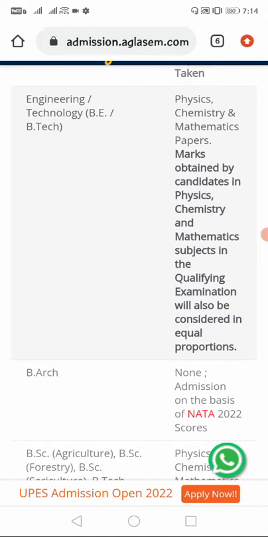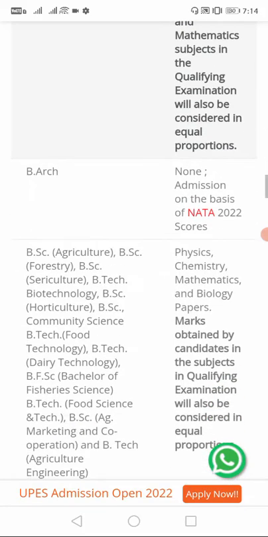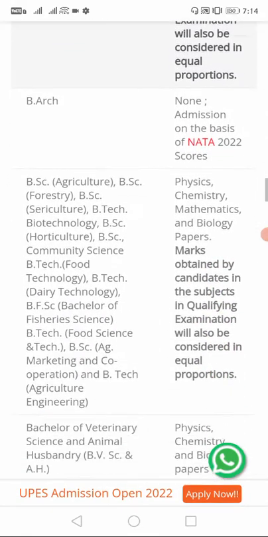So they will consider 50% CET marks and 50% PCM marks, which is scored in PUC second year level. Okay, suppose you want to join for the B.Arch. Here, admission is on the basis of NATA 2022 scores, so CET is not important for them, the B.Arch